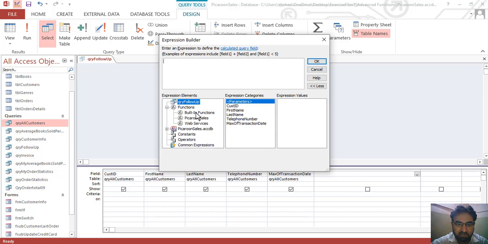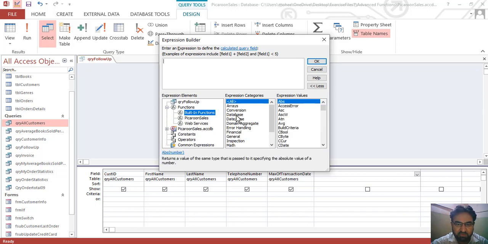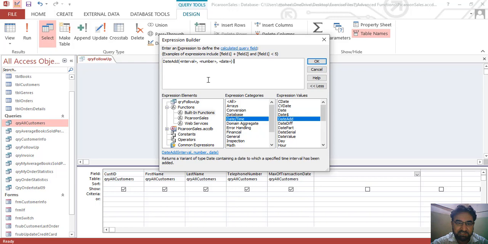Open your built-in functions, go to the date and time functions, and get to this DateAdd function. You double click it. The DateAdd function has 3 arguments. The interval we got here is WW. We want to add weeks, and the number of weeks we want to give in the expression is 3, like this.